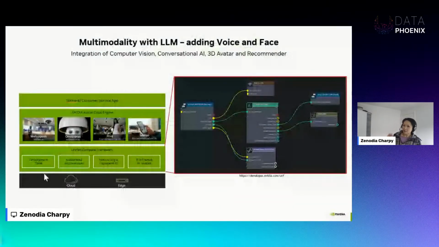Now, before we go into another demo, let's take a look at how that is possible. So we have the NVIDIA Avatar Cloud Engine that will help you make avatars. And you have probably already seen a bunch of those in the NVIDIA technology blog, as well as our GTC conferences. Under the hood it uses a unified compute framework. So it's like low coding, drag and drop, to connect different modalities as well as those endpoints, in order to make sure you can equip the language model with the voice and the face.